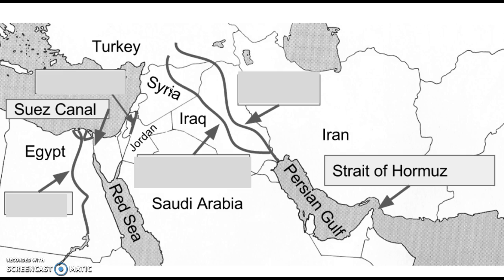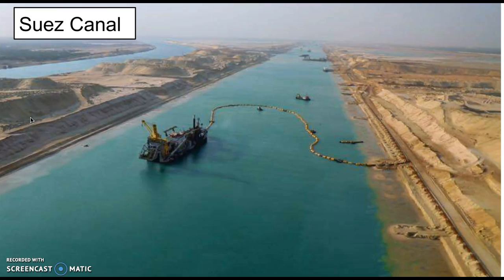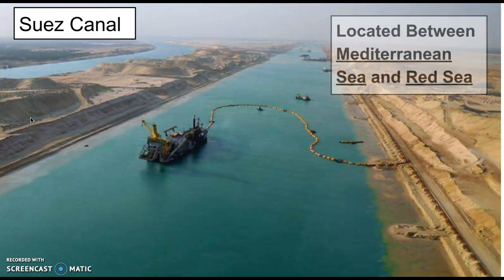All right. Next on our list, we're going to jump over here, is the Suez Canal. Okay, so go ahead and write that in up there on your map, and then down on your graph, you want to write that in again. The Suez Canal is located between the Mediterranean Sea and the Red Sea. It is particularly important as it shortens the trip from Europe to countries in southern Asia. So rather than going around the entire tip of Africa, you can cut through the Suez Canal.